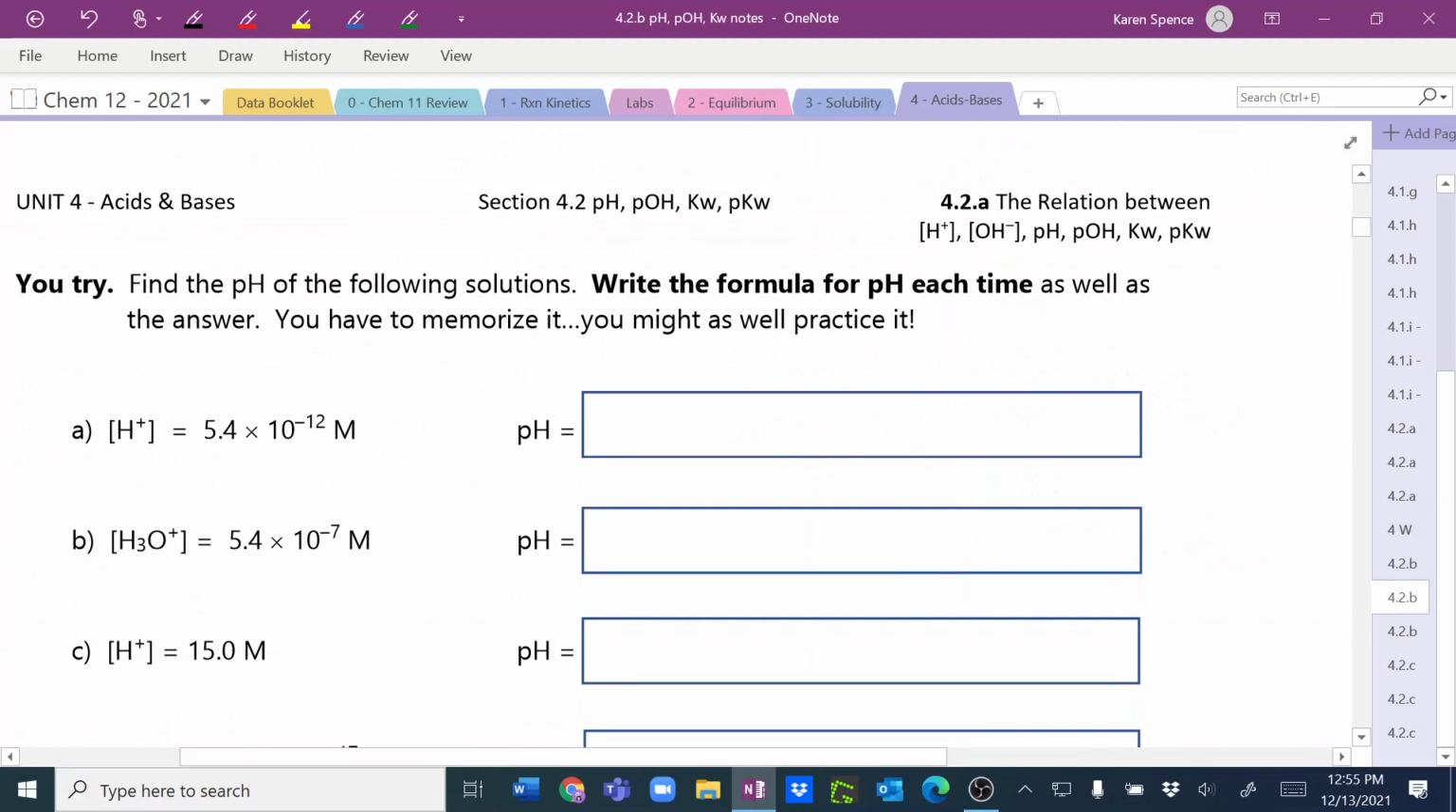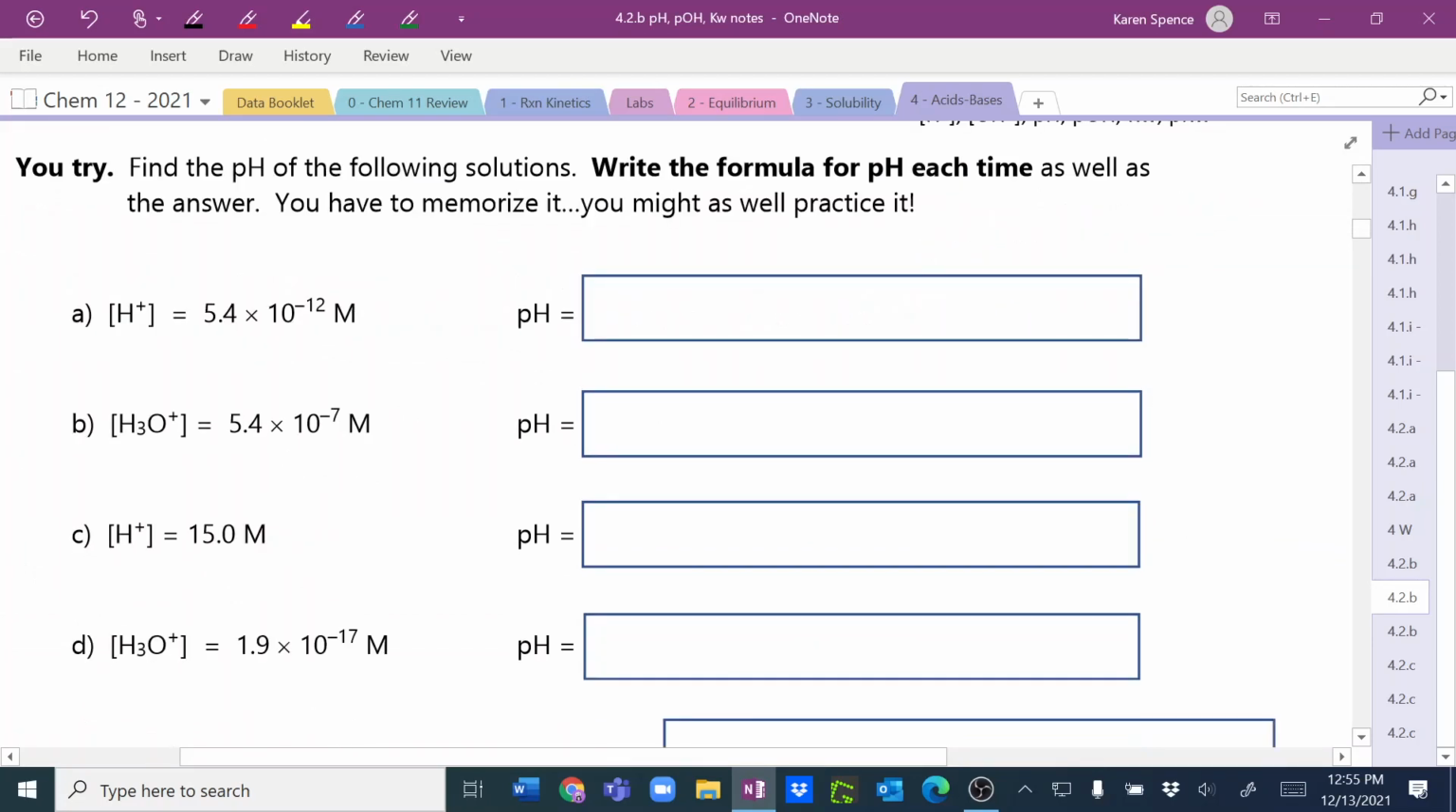I don't know why I made these boxes so small. They should be bigger, but maybe I just shouldn't have put boxes at all. Anyway,